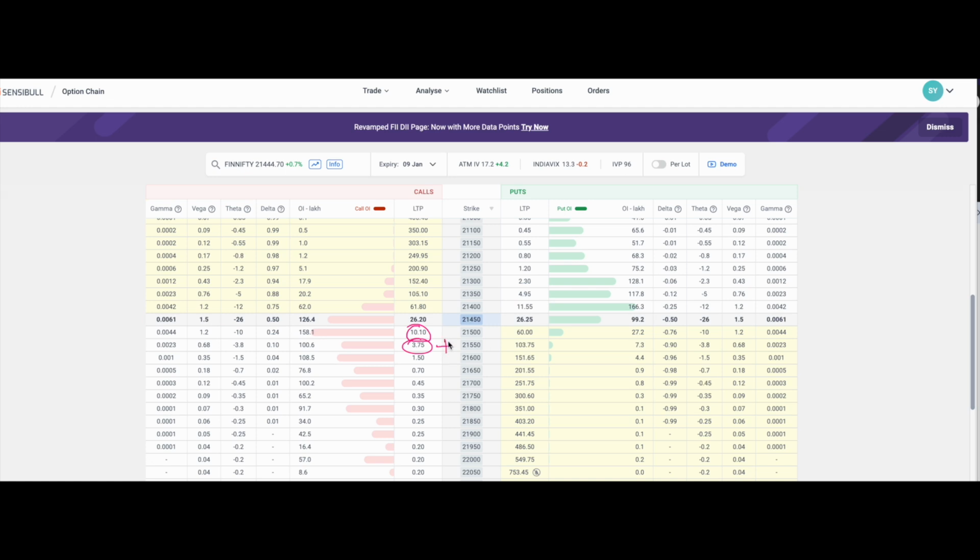Now just add these two. In case you choose this out of the money strike price, 21,550 plus 4, so 21,554 is the total when you add these two, right? If you choose this strike price, you will start making profit only when Nifty goes to 21,554. After reaching this, it still has to keep moving. Only then will you start to see profits.